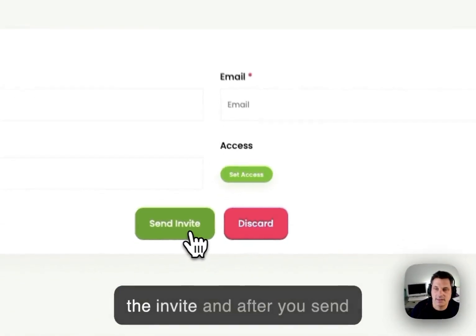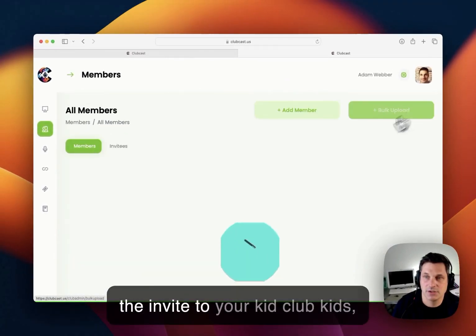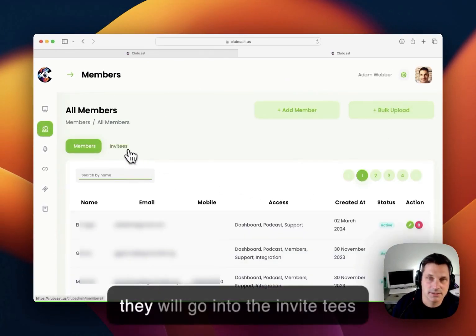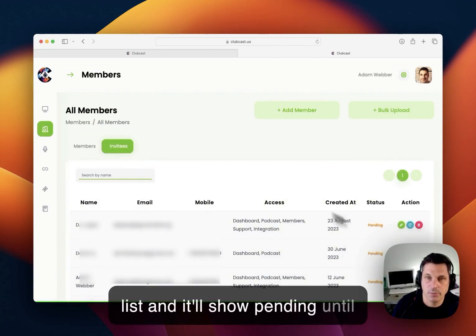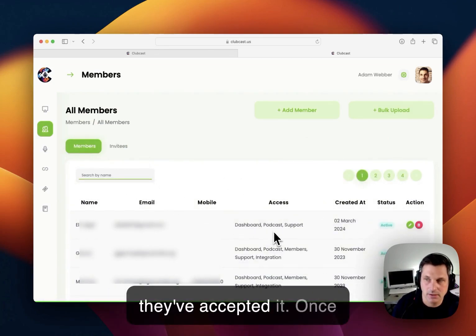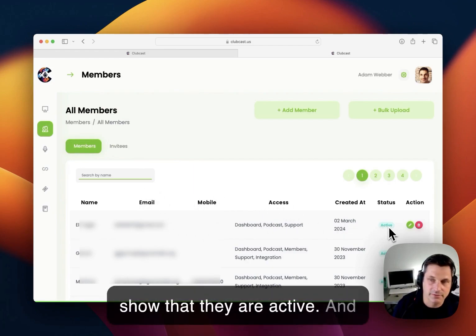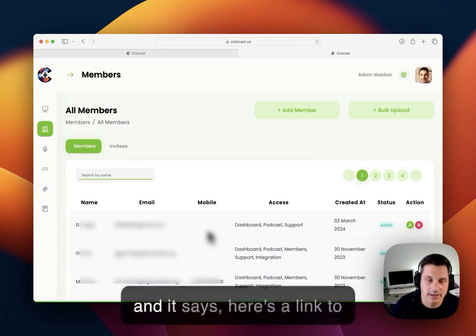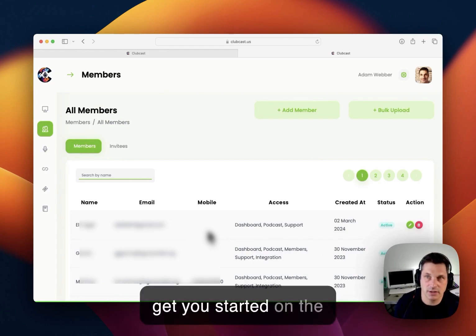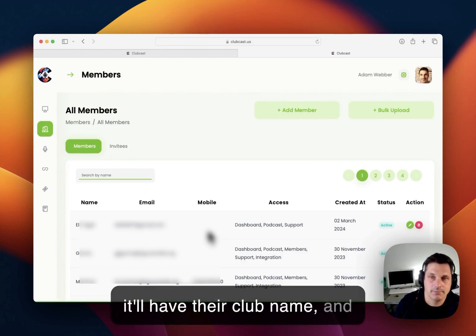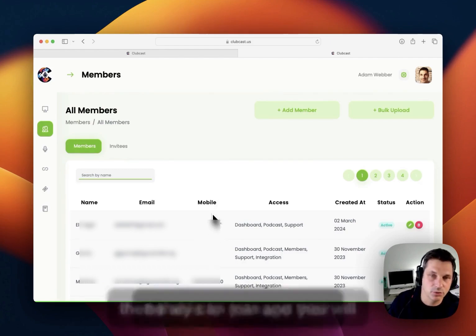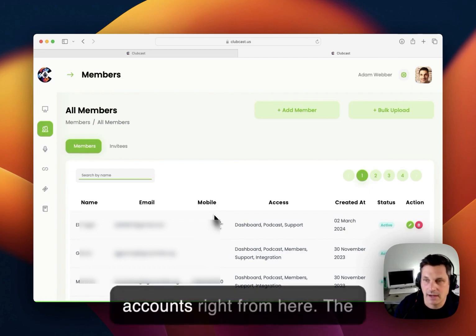So you can send the invite, and after you send the invite to your club kids, they will go into the invitees list and it'll show pending until they've accepted it. Once they've accepted it, it will show that they are active. And so it just sends them an email and it says, here's a link to get you started on the ClubCast platform. Join your club. It'll have their club name and then they can join and you will be able to manage their accounts right